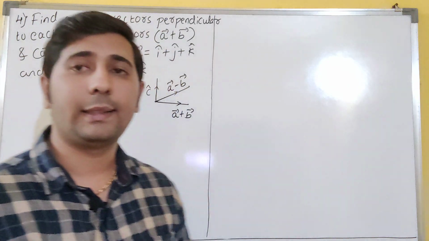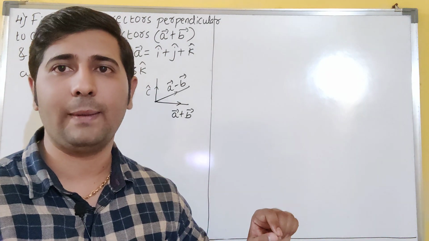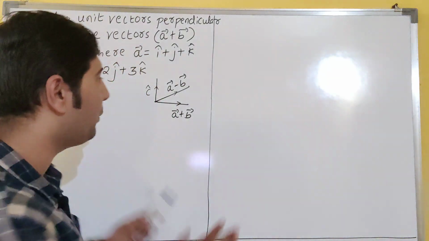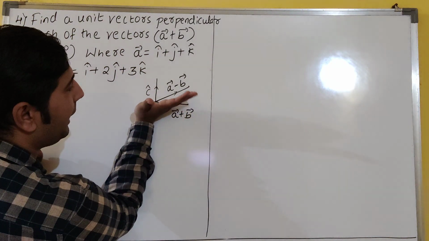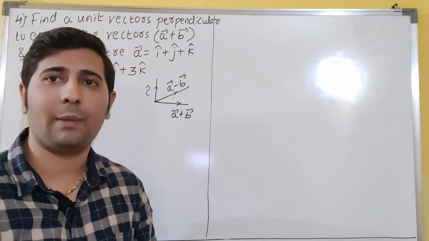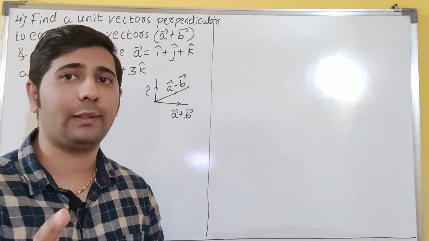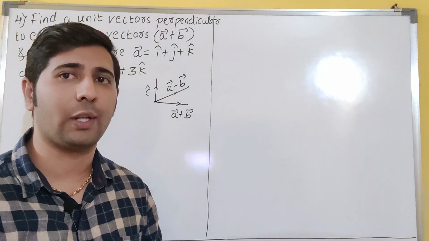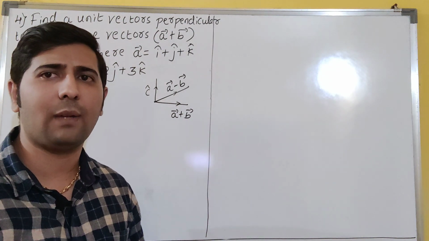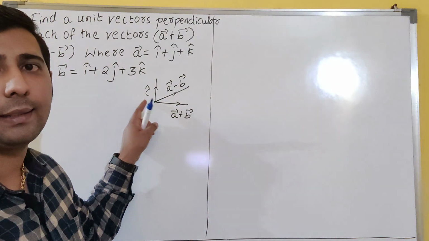Why cross product, sir? See, vector means magnitude and direction are required. So if direction comes, 100% it is cross product. If you move right hand side from A plus B to A minus B, our thumb will show outside. So when direction is there, we have to use cross product, because dot product means scalar product. Scalar means only magnitude will come, not direction. So keep in mind, that's why we have to find C cap here, dear students. You can give any alphabet, N cap or C cap or S cap, whichever you like, but we will use C cap here, dear students.